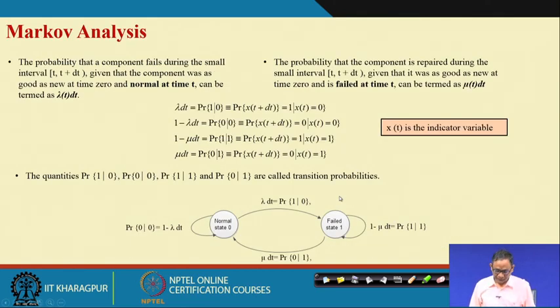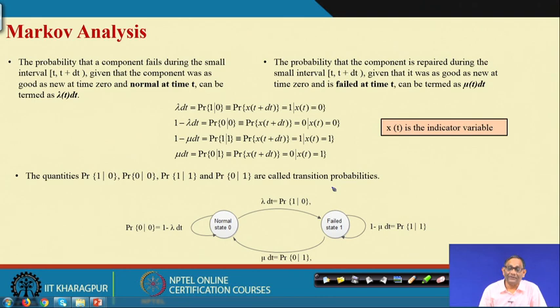So, let us now understand what Markov analysis is and how we are going to use it. Markovian process and exponential distribution are very much related. It is basically the method which deals with the state transitions and finally the steady state probability values. And we will consider this diagram which you have already seen.